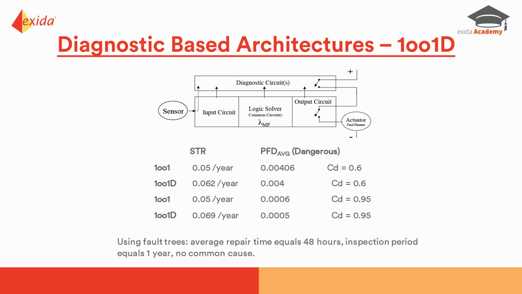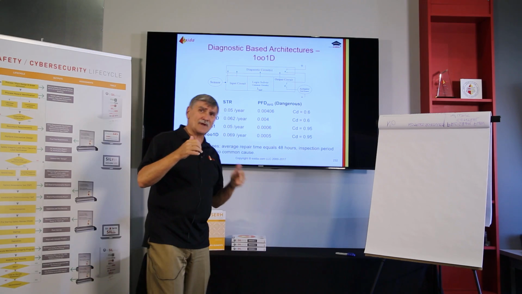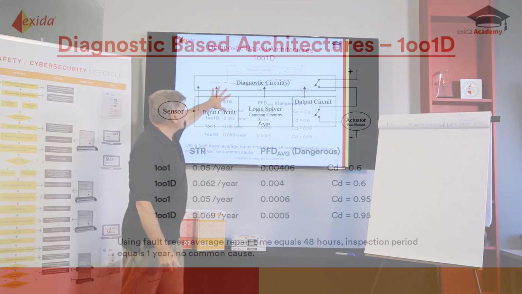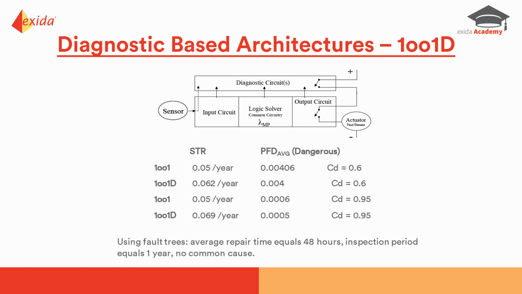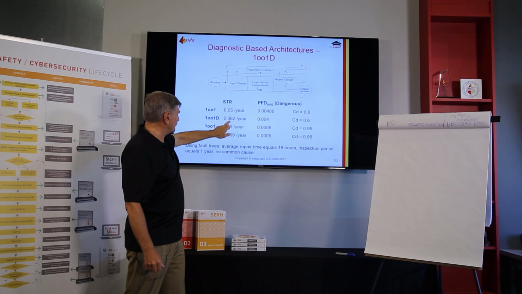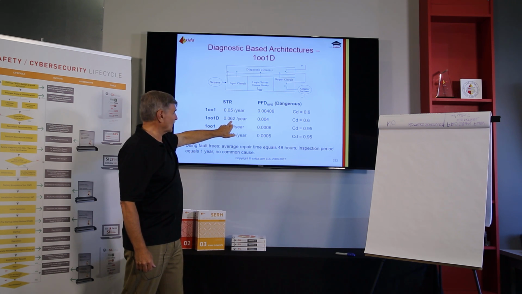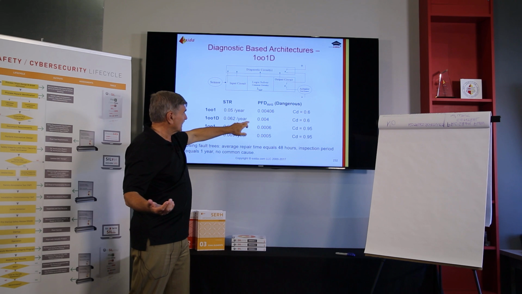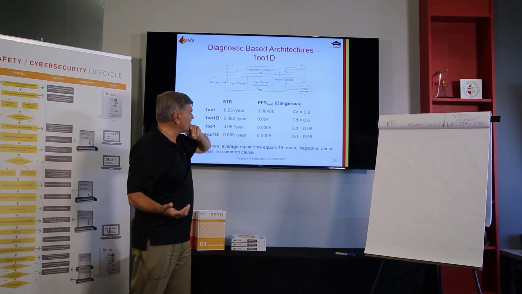If we take a look at this 1 out of 1D, and remember, we're not sure about these architectures yet. Are they any good or not? 1 out of 1D, using the simple formula, if we get a failure, we will de-energize the diagnostic switch, and we would expect this number to be higher than 0.5, and it is, 0.62. And we would expect, boy,